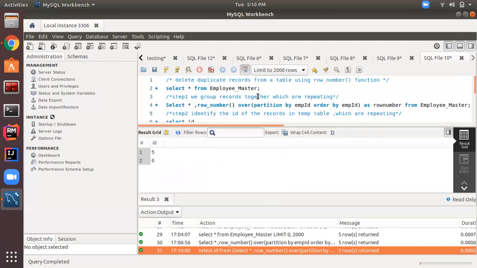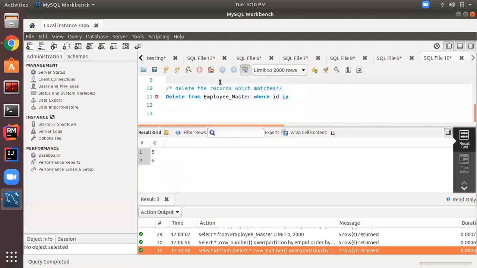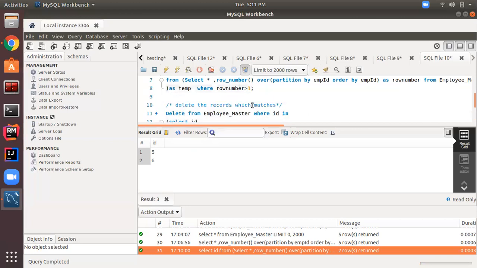For this result set I am copying the above query as it is, Control C, Control V, and putting another bracket. This is my final query.